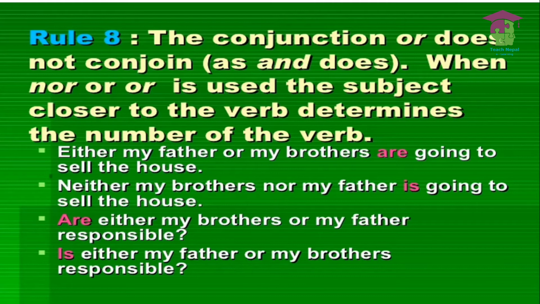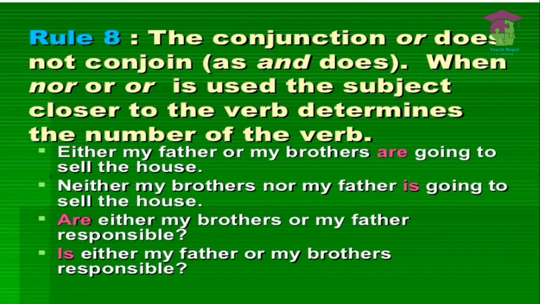My father is a singular noun, so with this we have to use "is". So it means neither and either. With neither and either, we need to check the nearest subject, whether that is singular or plural, and we need to use the verb form accordingly. Okay, is, am, are, was, were, has, have के युज गर्ने हो, त्यो चाहिँ नजिकैको verb form भन्दा अगाडि आउने